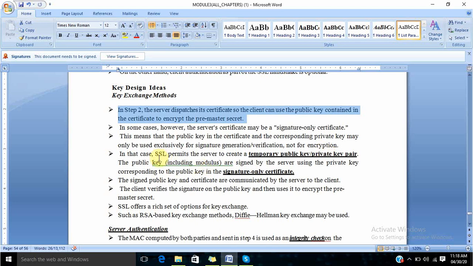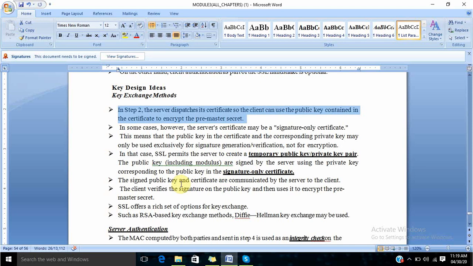In that case SSL permits the server to create a temporary public key and private key pair. The public key, including the modulus, is signed by the server using the private key corresponding to the public key in the signature-only certificate. They are just expanding step 2, students. The main thing is whatever we discussed at that time.